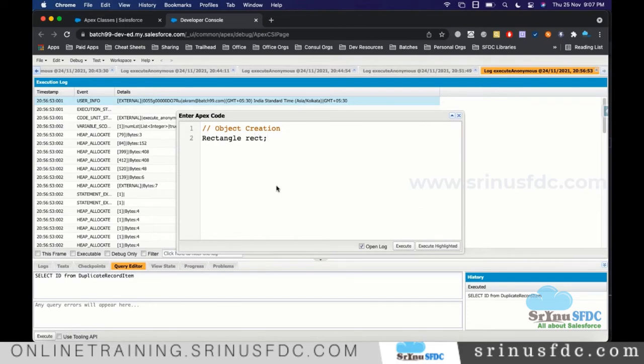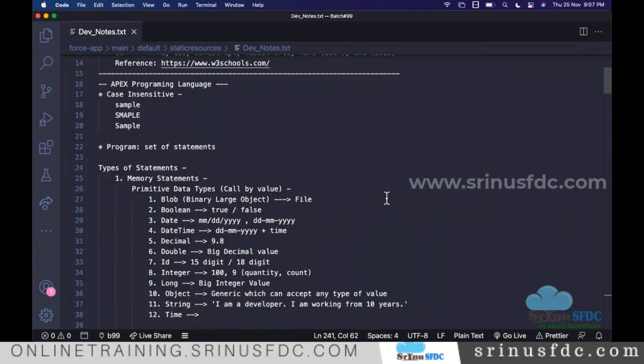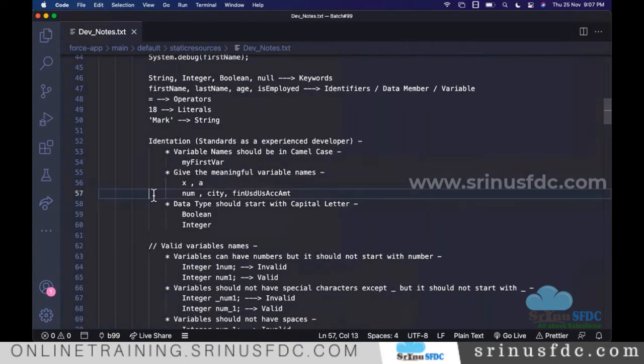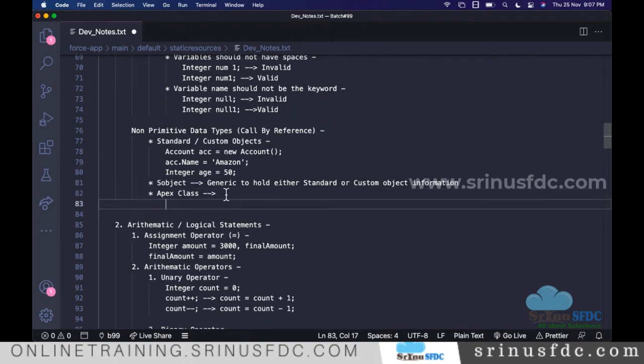If you go back and see the primitive data types and the non-primitive data types, I also told you that a class is a non-primitive data type, right? Here our Apex class name is Rectangle.